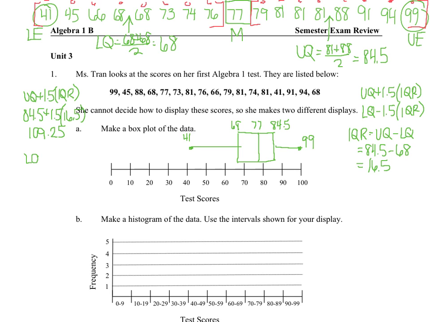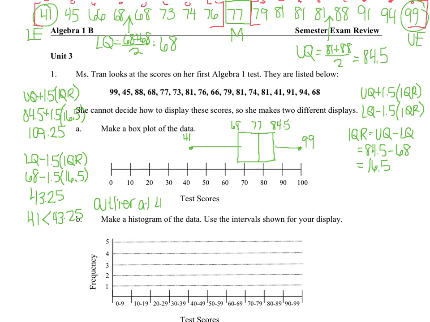Now I'm going to do my lower quartile minus 1.5 times the IQR. So that's going to be 68 minus 1.5 times 16.5, and that's going to equal 43.25. Well, what I see is 41 is less than 43.25, which means I'm actually going to have an outlier